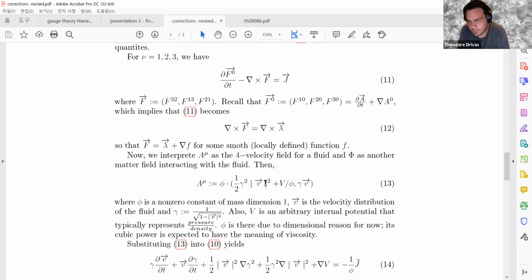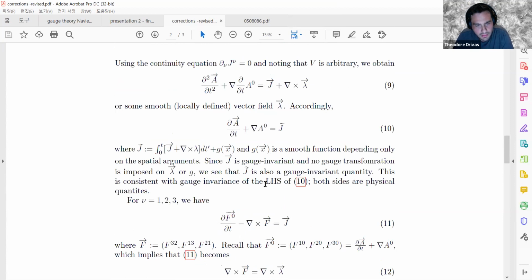You could group, depending on what type of fluid you're studying, incompressible, compressible, there are terms that could be potential forces. You could call them pressure. But the fluid nonlinearity is in the other term. It's not a potential force. So looking at equation 10, the first term looks to me linear in A. Unless this is not a fluid equation.